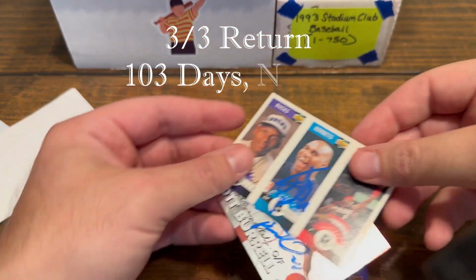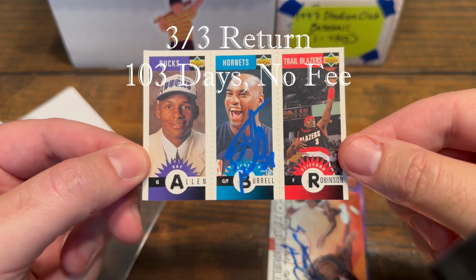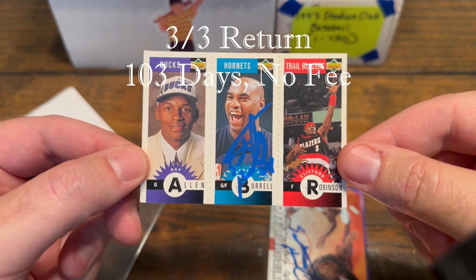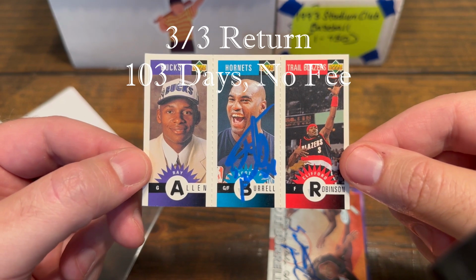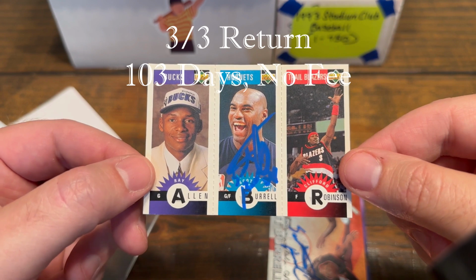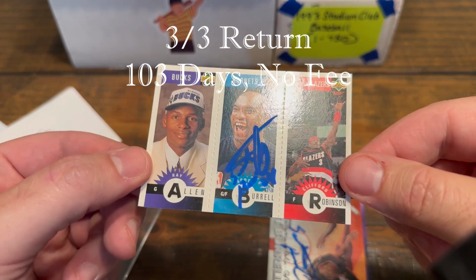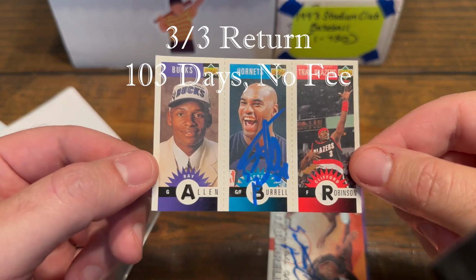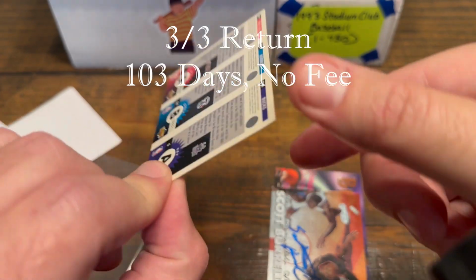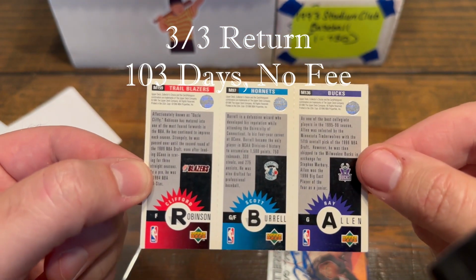This first one is his Collector's Choice rookie card here that he shares with Ray Allen and Cliff Robinson from the Portland Trailblazers. You can see that's Ray Allen's rookie year as well. And this turned out great. It looks like he signed this in a blue Sharpie or maybe even a blue paint pen. Like, this turned out really, really good. That is an awesome looking card. So,